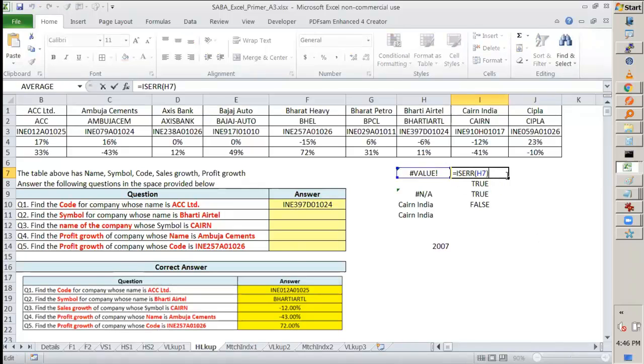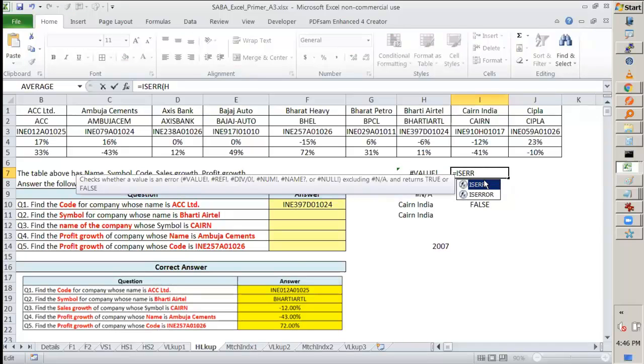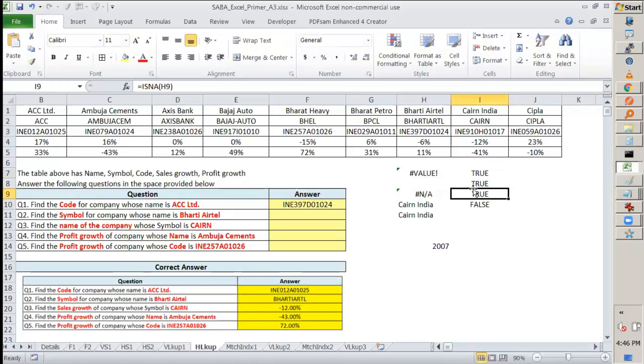If you look at the documentation for all this, ISERROR checks whether the value is an error. So ISERROR will work for the values #REF!, #DIV/0!, #NUM!, #NAME?, #NULL!. It does not consider #N/A. See here, I gave you ISNA.